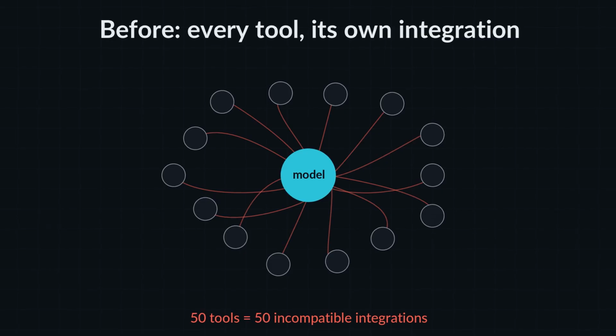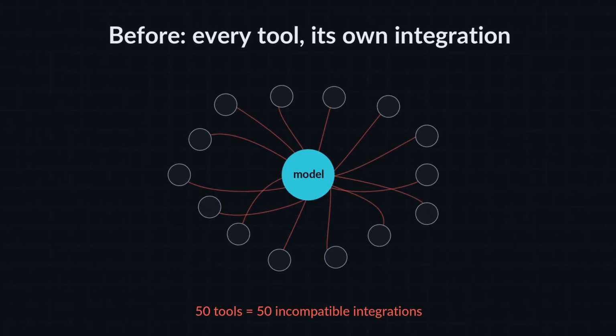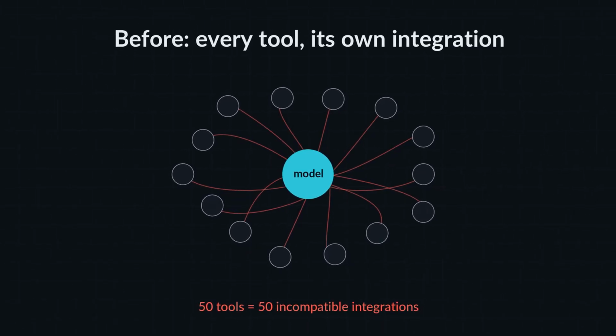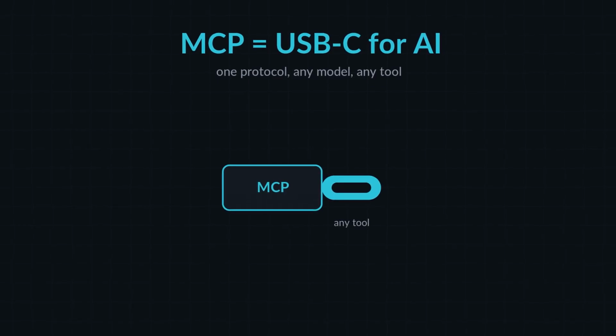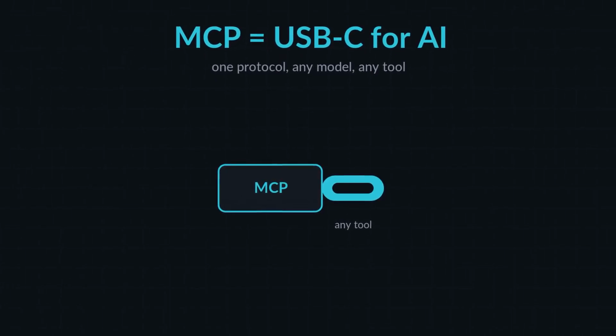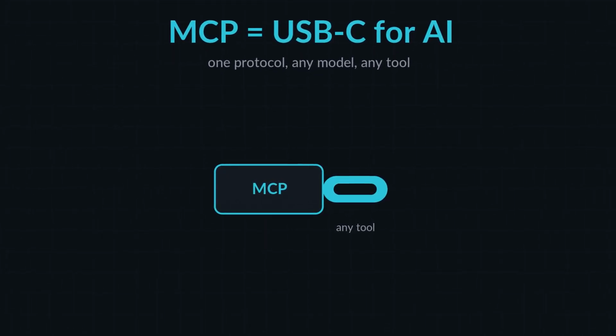A language model on its own is a brain with no hands. You ask it to check your calendar, and it can only guess or make something up. For years, every tool that wanted to give a model real abilities built its own custom, one-off integration. 50 tools meant 50 incompatible ways of doing the same thing. It was a mess. MCP fixes this with one simple idea, a universal standard for connecting AI models to tools